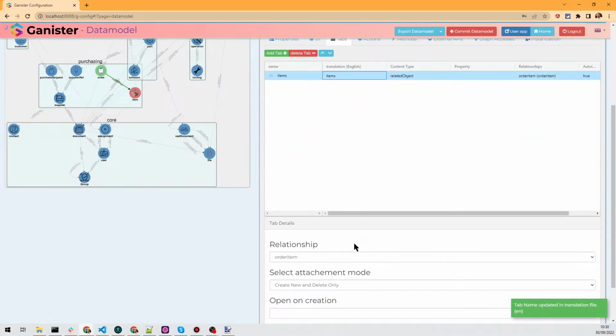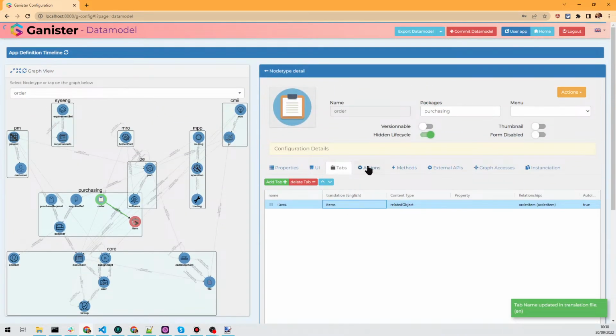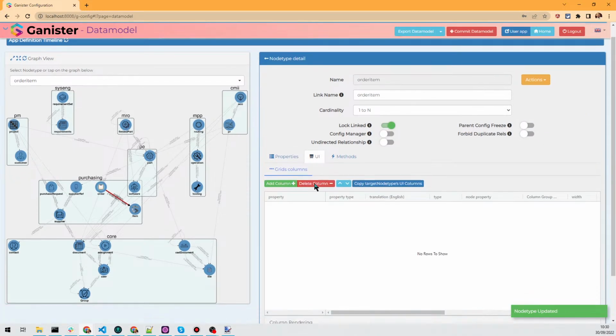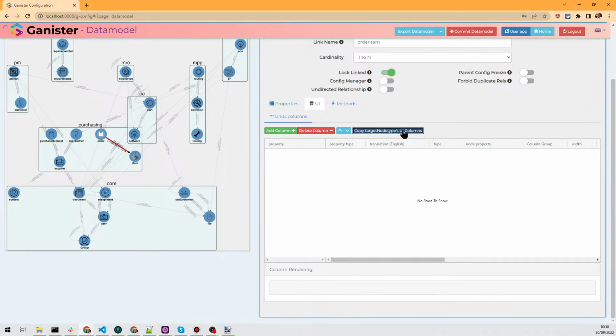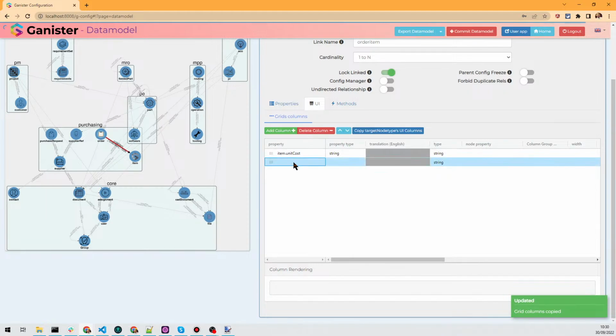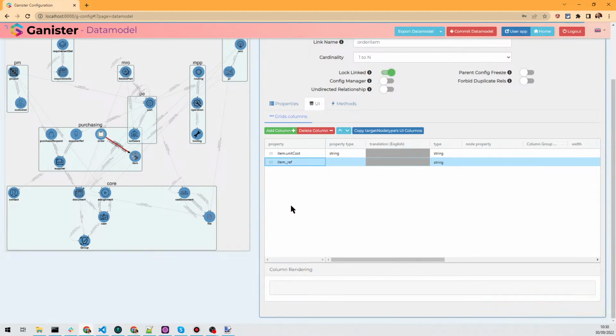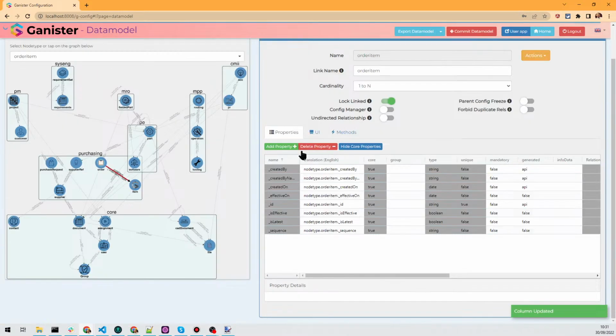Related object, that's good. Open creation, no. So let's put this in the purchasing menu. And on the relationship, we want the UI to reflect the item's properties, and so description didn't work, so the ref at least, and we want a quantity here,